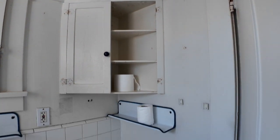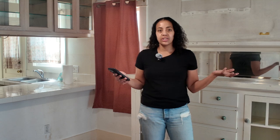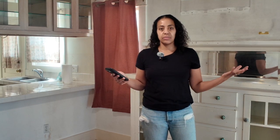Obviously, I would do the bathroom over, and then I would do an AC. So if you're going to be renting in California, they changed some laws. You can either do mini splits, but you have to provide AC if you're going to be renting out your